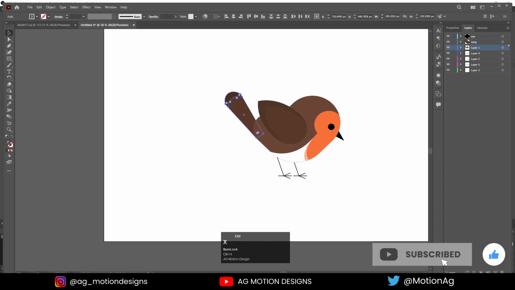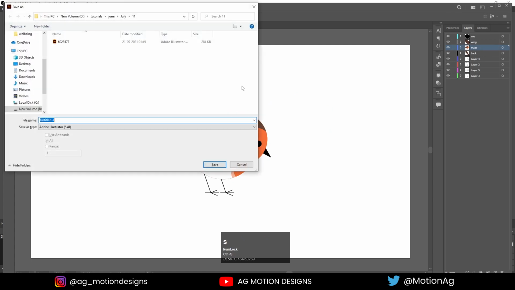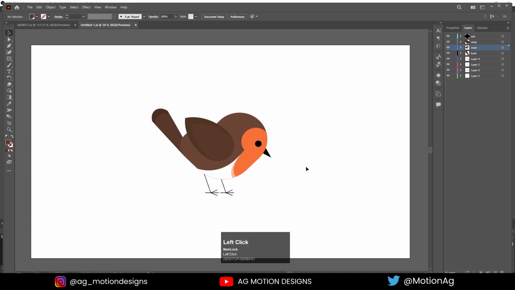Select this, press Ctrl X, create one new layer over here, press Ctrl Shift V. I'll call it back for now, and we'll choose this as main, something like this, and press Ctrl S and save this. I'll name it Untitled 1 and hit save and hit OK.